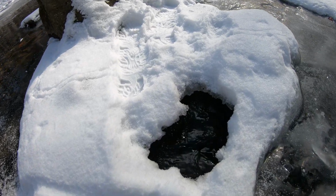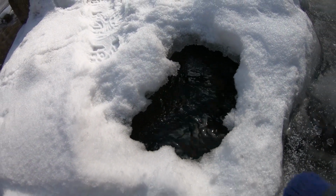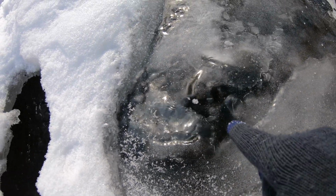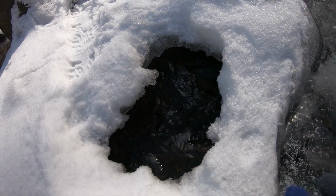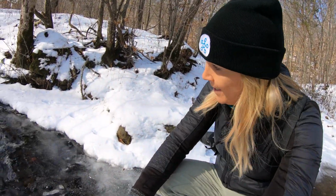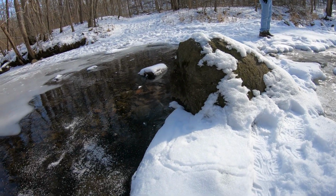Look at this, Tone. I don't know why I find stuff like this really interesting. I mean, it's not interesting, but it's cool, right? You see the moving water underneath the ice. And here, that ice is thick enough to stand on, but you can see the water moving underneath. So you could just imagine if the water was deep, right? And you were able to stand on the ice, if it ever broke through, see how fast the water's moving? You would just get sucked under the ice. So that wouldn't happen here, because obviously this water's about 3 inches deep, 6 inches deep, but